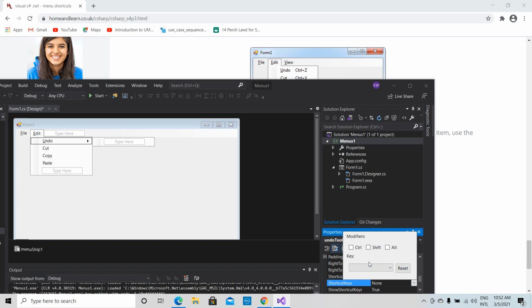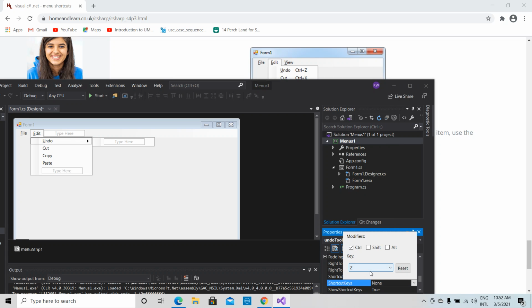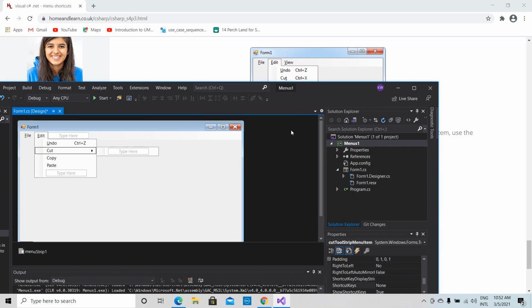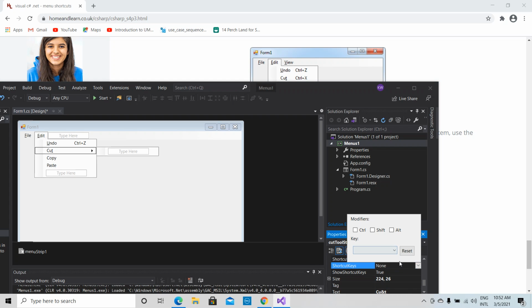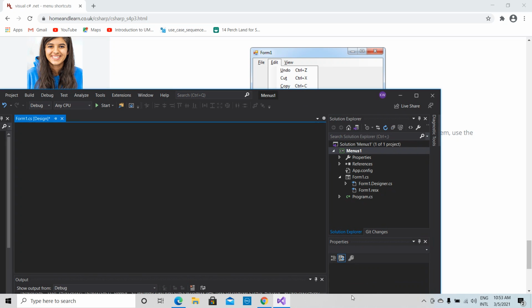There you have to select control and Z. Here cut, shortcut keys, control X. Then here C, sorry,